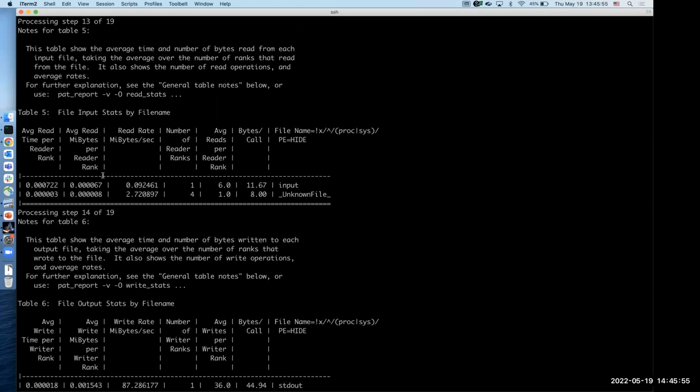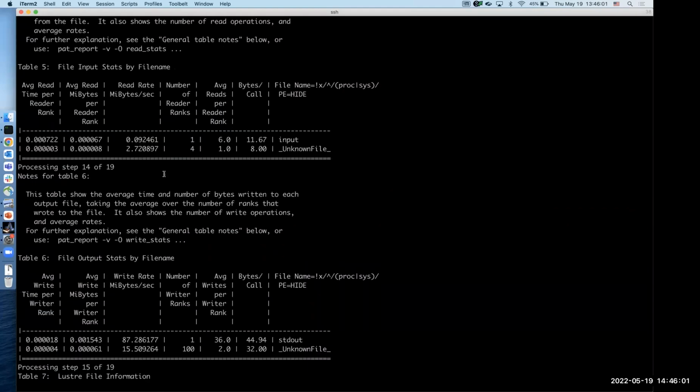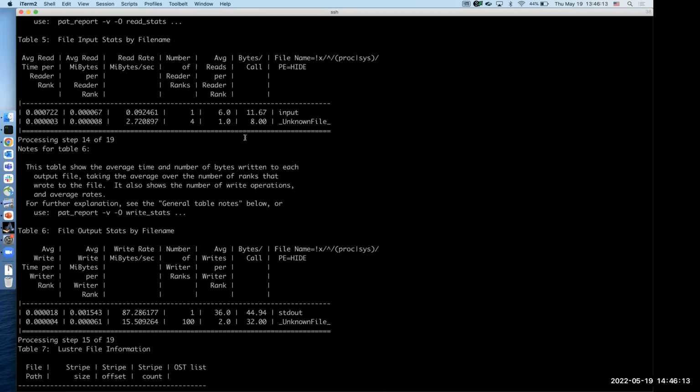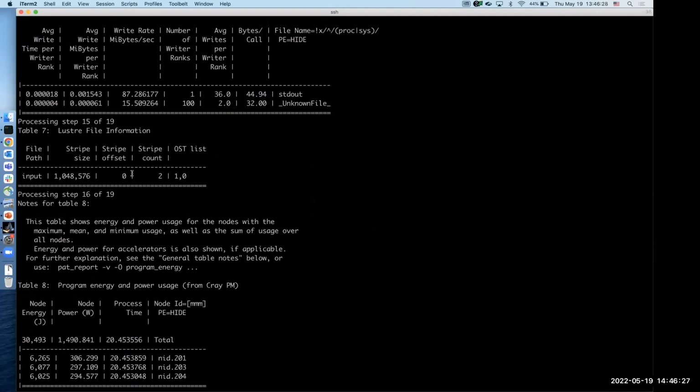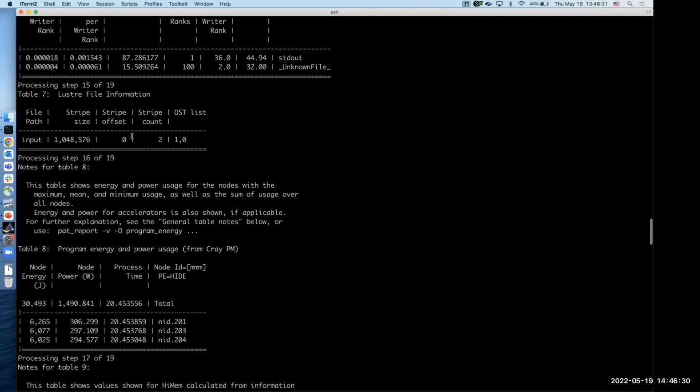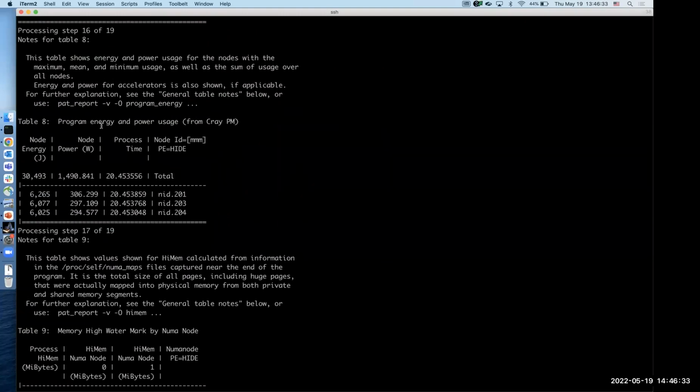Next, we do file IO. So you can see the input and output statistics for this. You can see how many ranks we're writing or reading to the files, what their rates are, the number of bytes per call, etc. This will let you see how much time you're spending in IO, and is there a way for you to coalesce that reading or writing to speed things up? What might be your IO bottlenecks. We also provide some Lustre information,